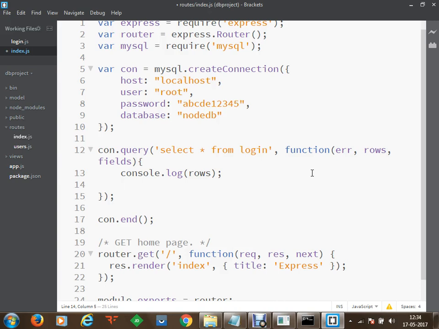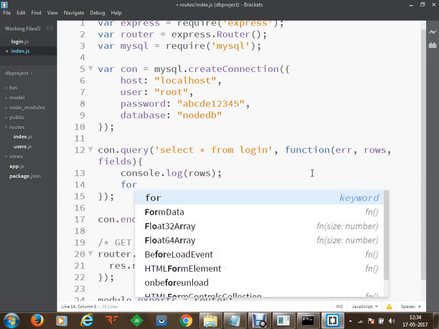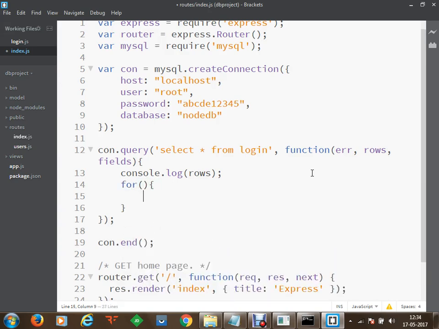To do this, we are going to do something like this: for. I've executed a for loop, and within this we're going to define a variable, and let's say this variable will take a key. This key could be the index value in rows. So we are going to get each index from the rows, and for every index I'm going to read it row by row. You can also call it row. For each row in rows, we are going to read row by row.